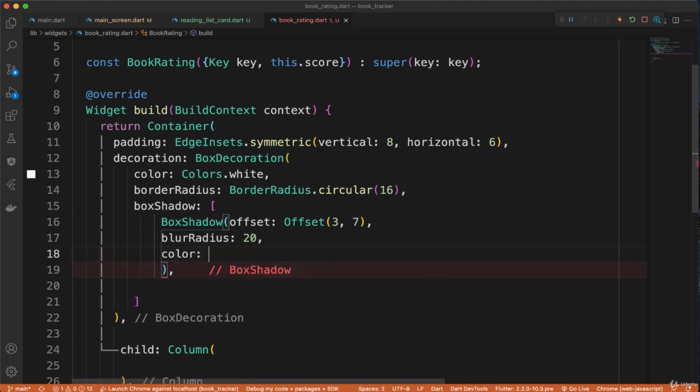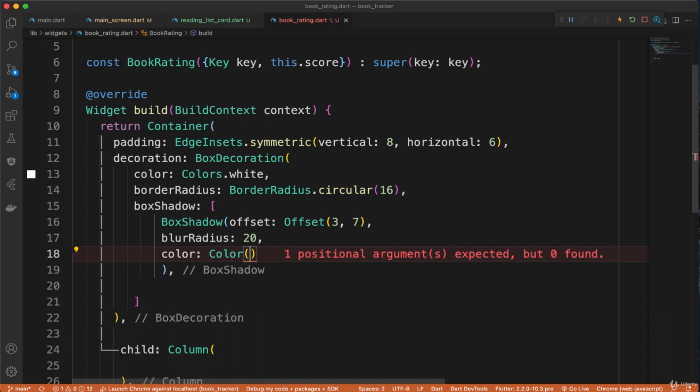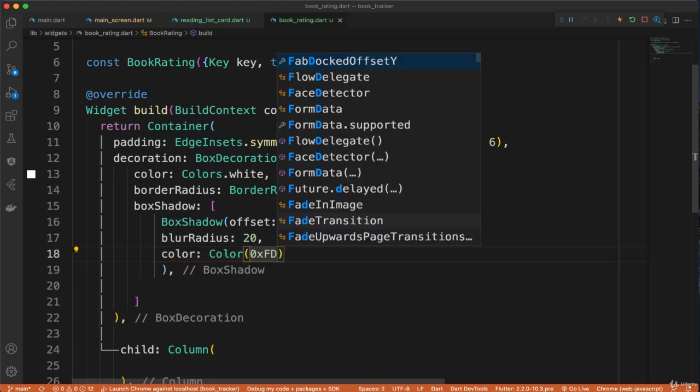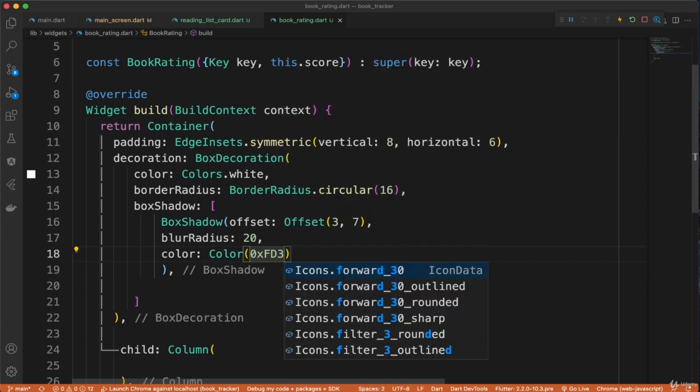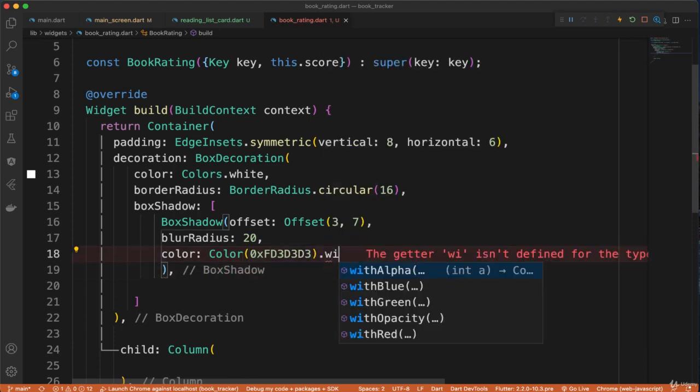With color, I already have a color. I'm going to say color and pass the hex value. To pass a hex value directly, all you do, you say 0, X, and then you can pass the value. So I know this color, so I have D, 3D, 3D, 3. And I can say with opacity, because I want the opacity to be a little bit different, or